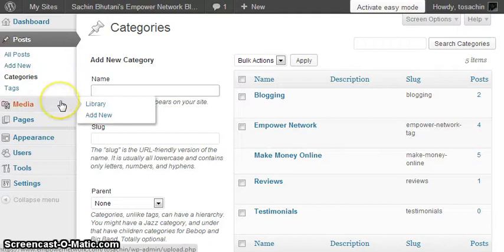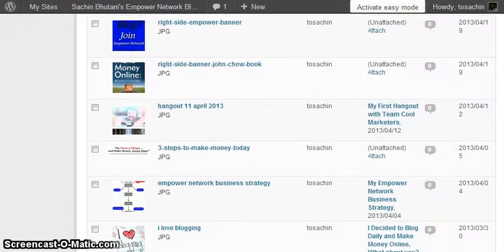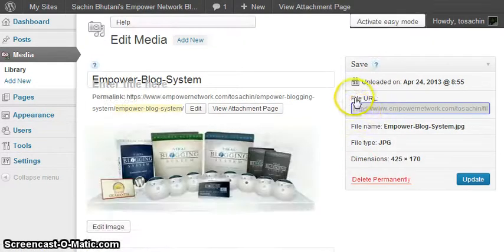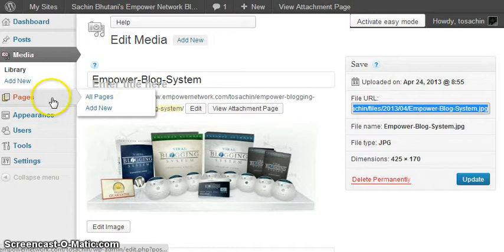Okay, let me jump to another section, which is media. In media you can add images, like I have added these images to my blog. Here I add images, and if required I simply use the image URL. Let me show you something. Add it, and here it is, the image URL, as you can see. I use these image URLs if required in my blog posts or any of my blog pages. So you can simply add as many images as you want to your blog and then use them in your blog posts or pages anywhere.